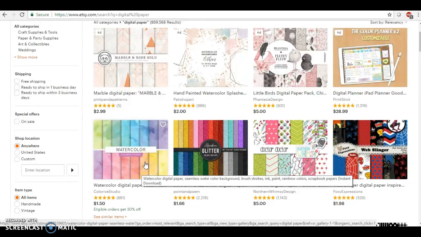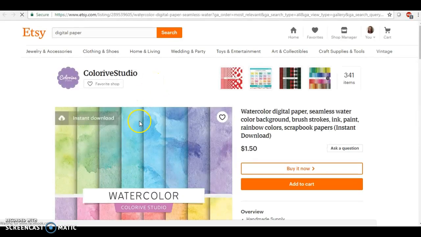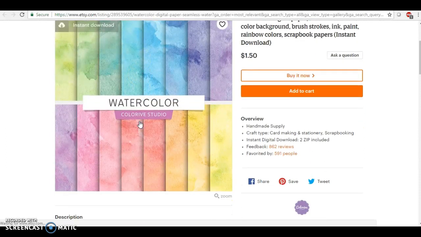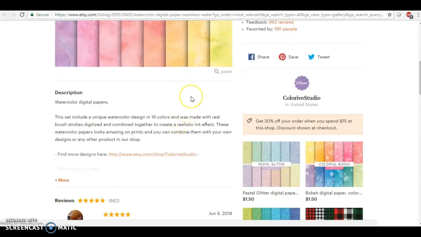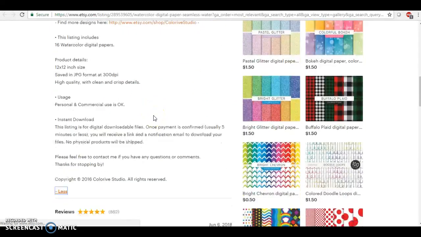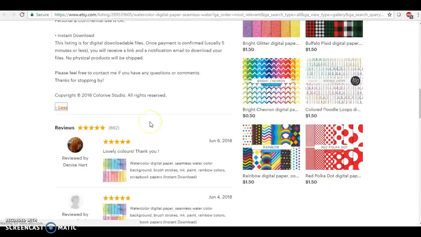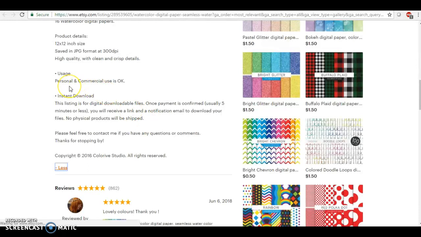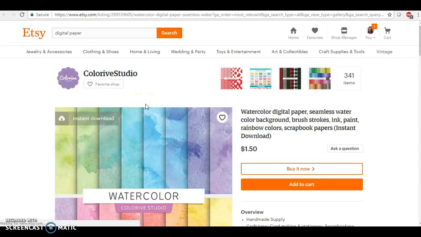So let's say, for example, this one right here, for $1.50, you get these watercolor papers. Okay, so let's see if this says anything about commercial use. When in doubt, if it doesn't say, I would always email the seller and ask them if it's okay if you use these for commercial use. And let's see here. It says right here, personal and commercial use is okay. So we're actually good there. So that's another place, like I said, Creative Market and also Etsy are great places to get